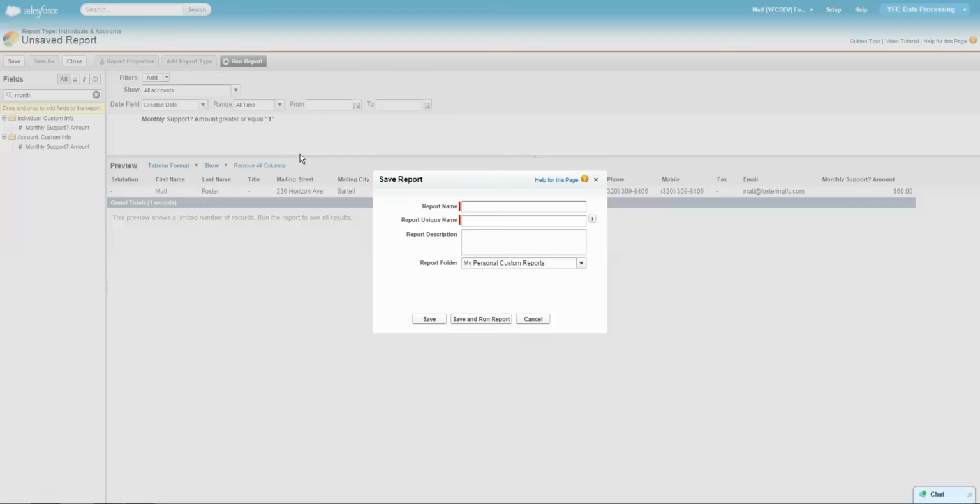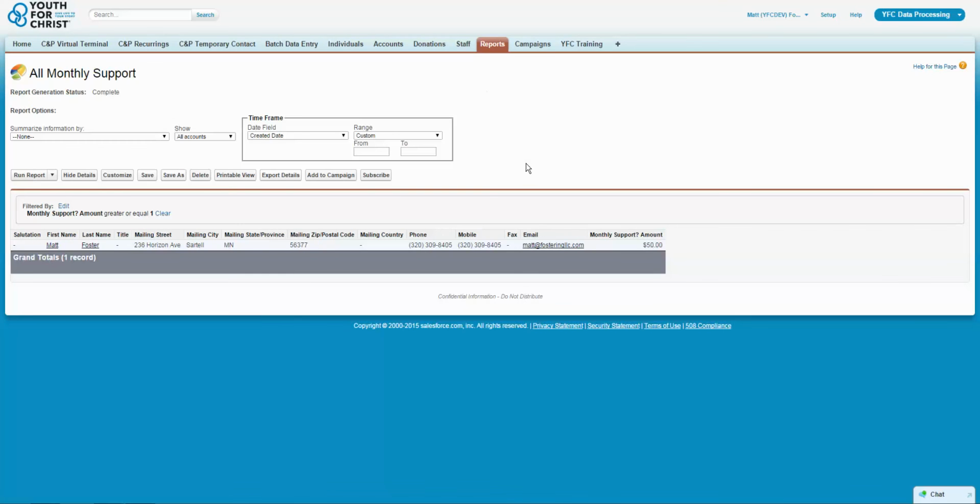I want to go ahead and save it. Monthly support. I'll just throw it in my personal custom reports, save and run the report, and there we go. From start to finish, we created a report in less than about 3 minutes. Like I said, 99% of the time you're going to use some of the same reports over and over again, and do small tweaks. So hopefully this really helps and you have a good understanding of reports, how to modify report folders,